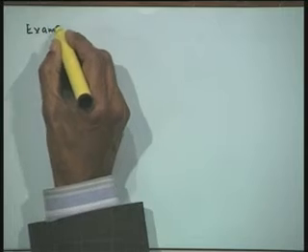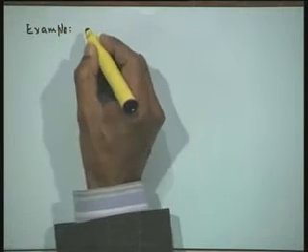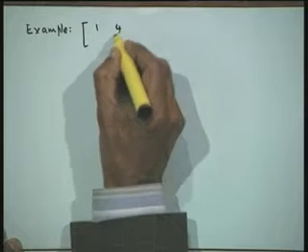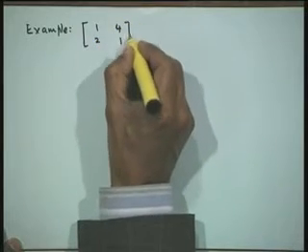Now, in the previous lecture we gave some definitions of norm of a matrix. Let us just illustrate it through an example of what we mean by those norms and what is the measure that we are talking of a given matrix. Let us take a very simple example, simply a 2 by 2 matrix. Let us take this matrix 1 4 2 1.